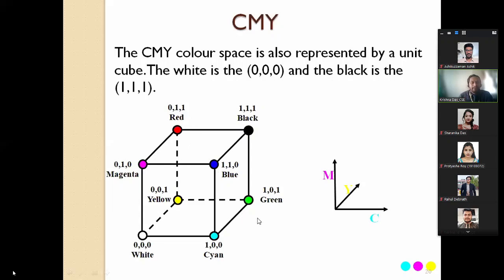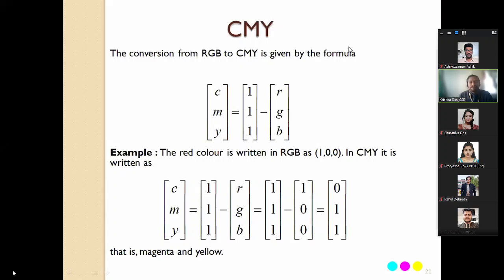On the basis of them, we have seen the conversion from one type of model to another. That means CMY can be defined as equal to 1 minus RGB, because they are reversed in their position.